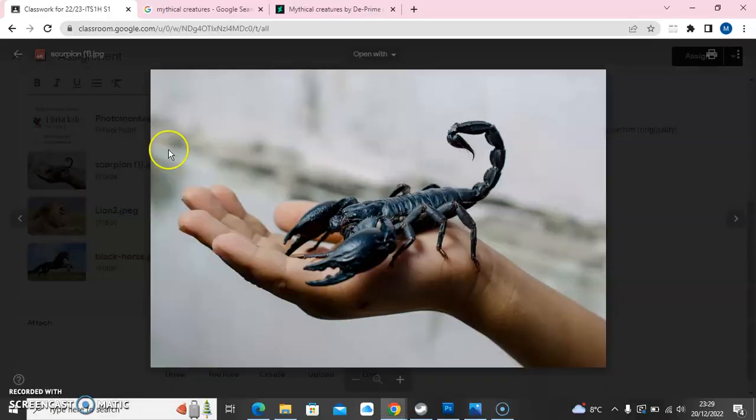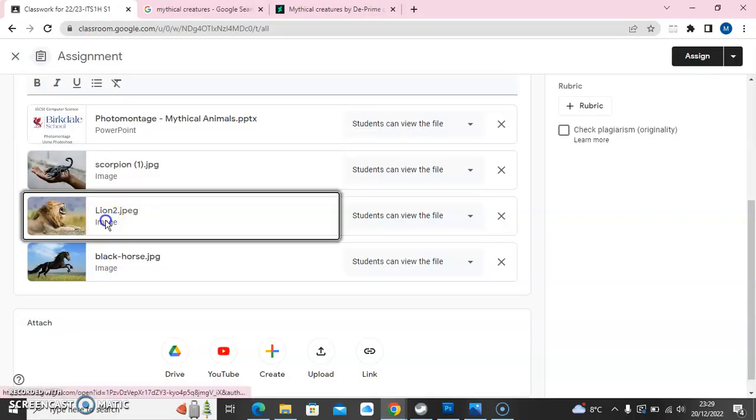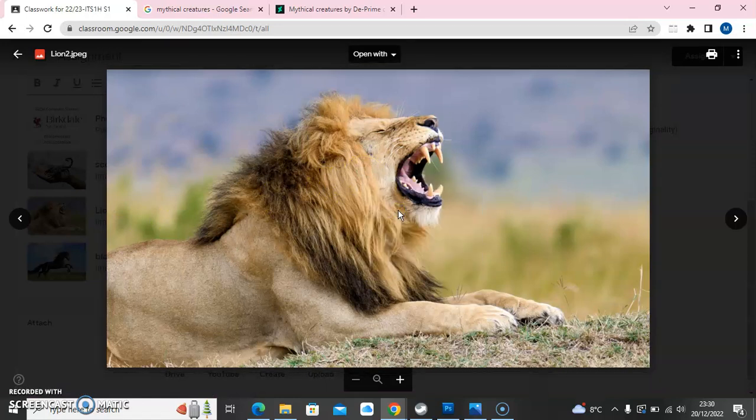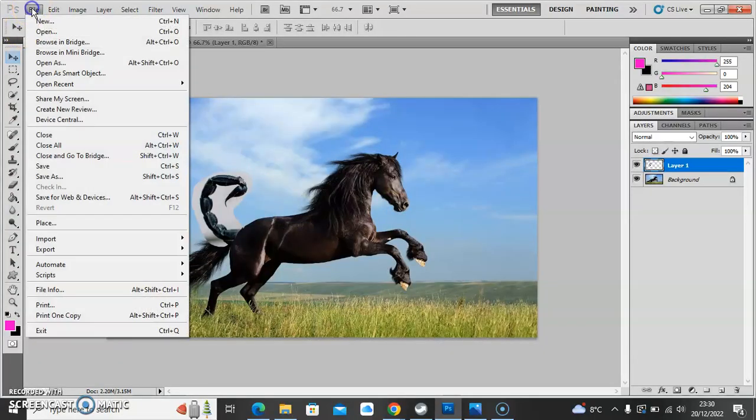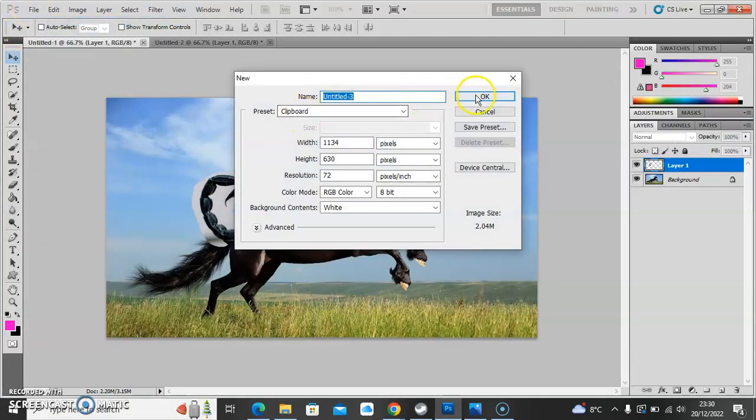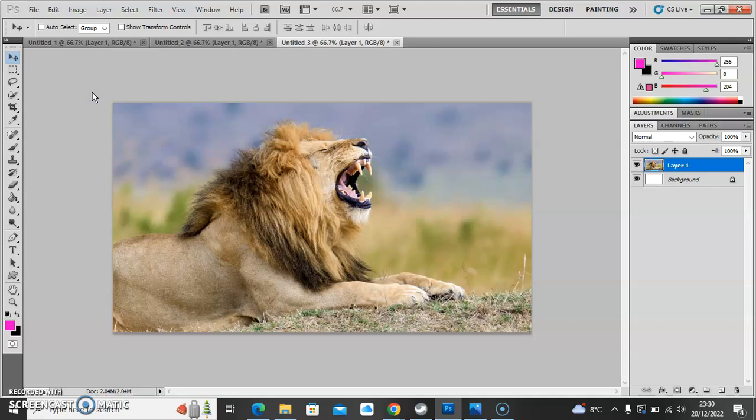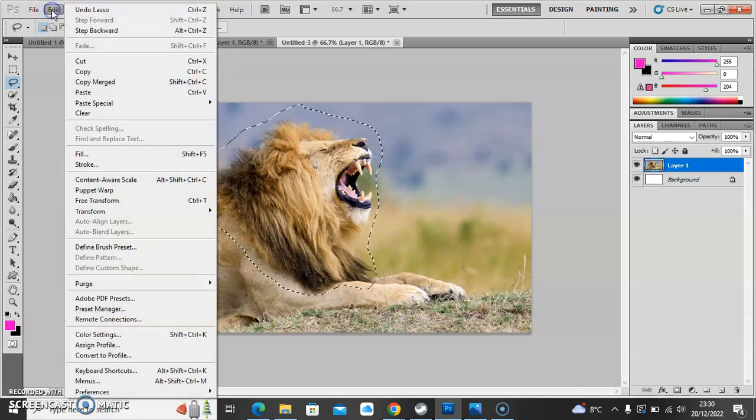I'm going back to the lesson. I'm going to take up this line. I'm going to edit and copy the image. Come back to Photoshop, File, New. I'm going to edit, paste that into place. And as before, I'm going to use the lasso tool. I'm going to make sure I go wide of the lion's head here, make sure I got it all in, including its mane. And I'm going to edit, copy,